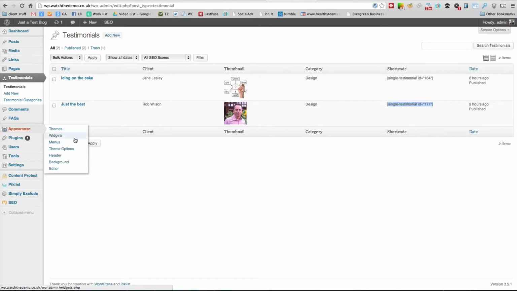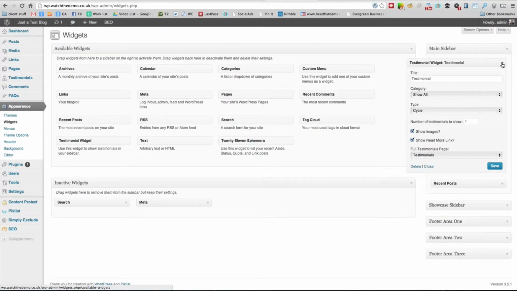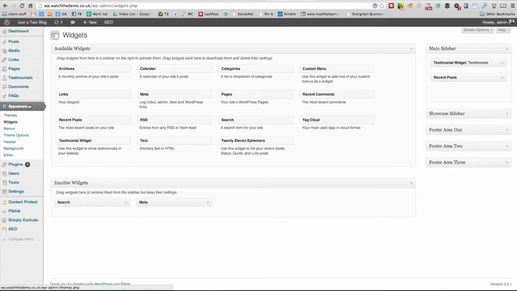If we have a look at your widgets, there's the testimonial widget. The options that you have are which category or categories you show, whether you cycle through them, how many you want to show at a particular time, whether you want the images, whether you want the read more link to a particular page. So you could set up a really nice looking page that's done the way I showed you in those other examples, and you could link to that page instead of linking to a page like the one I've got,